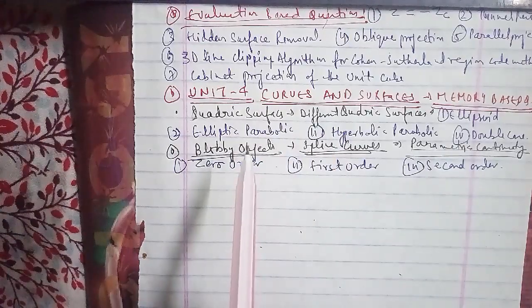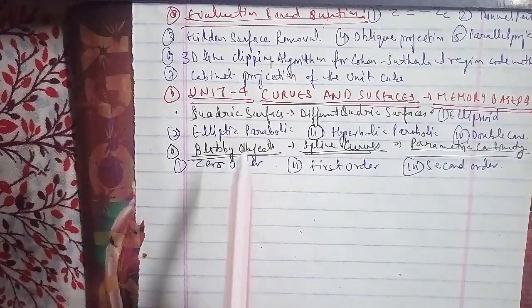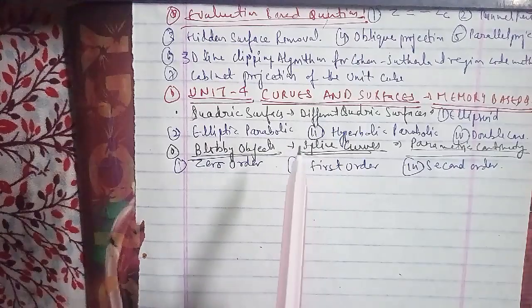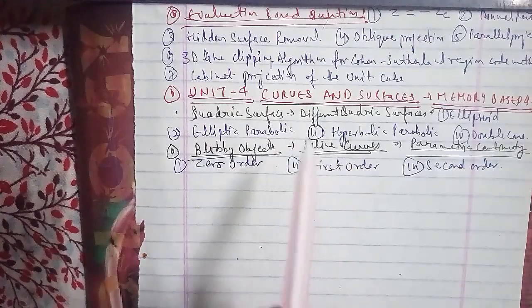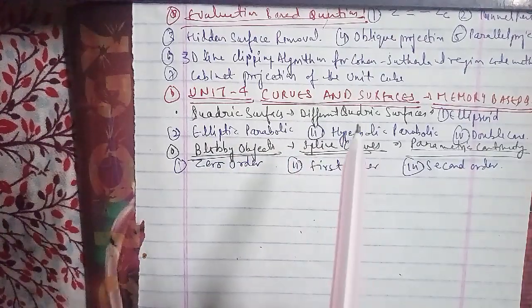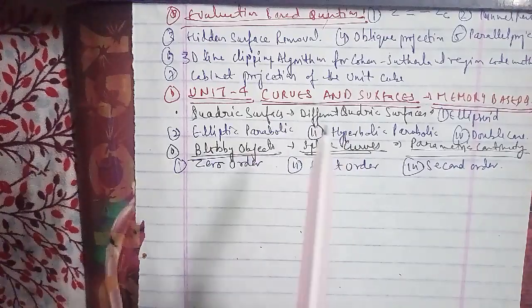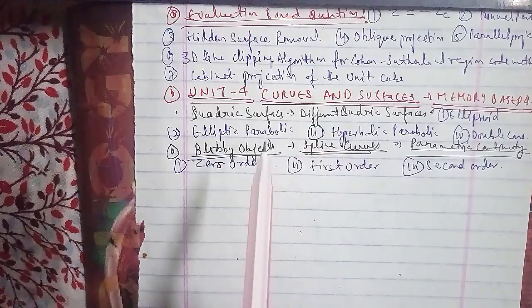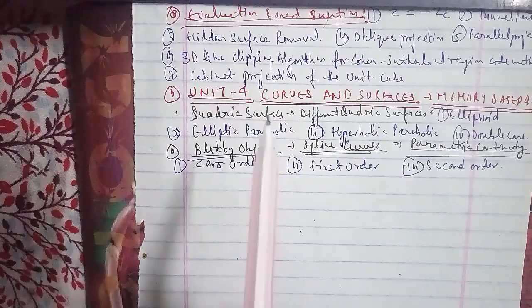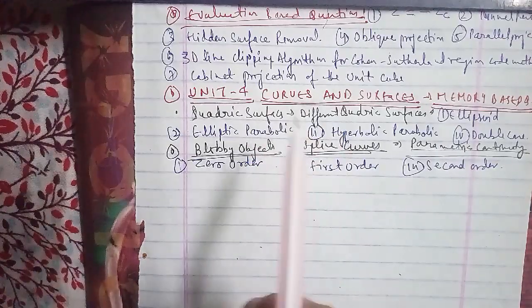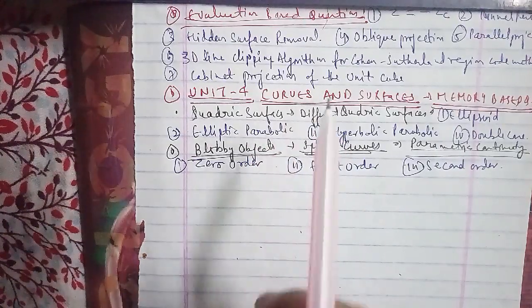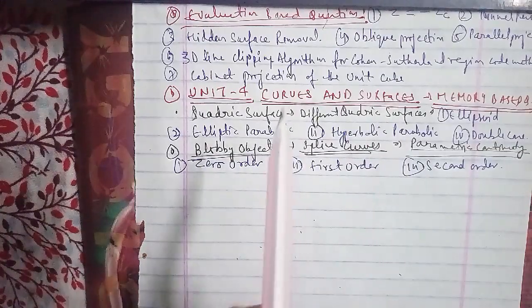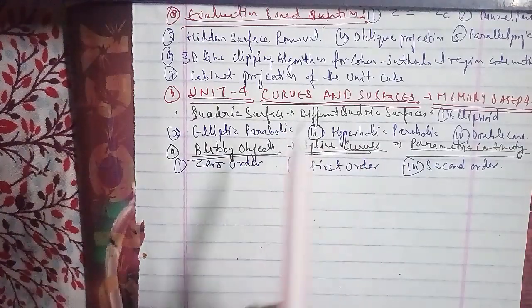Now we'll talk about the other question: give the advantages of the Z buffer algorithm. We have three advantages. The first is that it is easy to implement. The second, it can be implemented in hardware to overcome the speed problem. The third advantage is that the total number of polygons in a picture can be large.